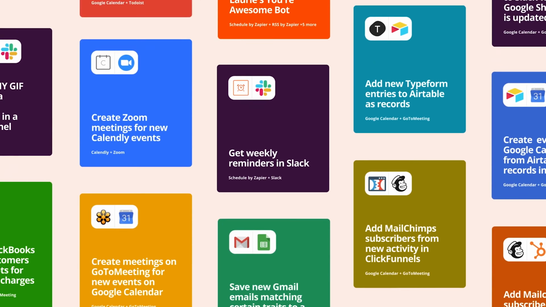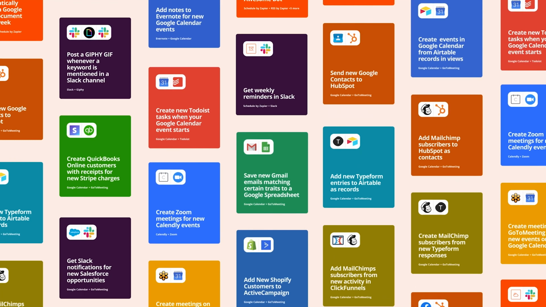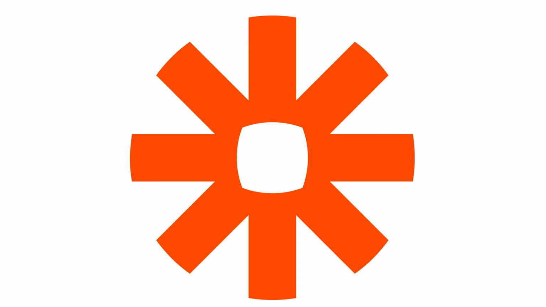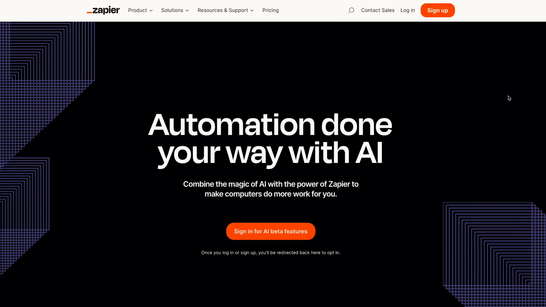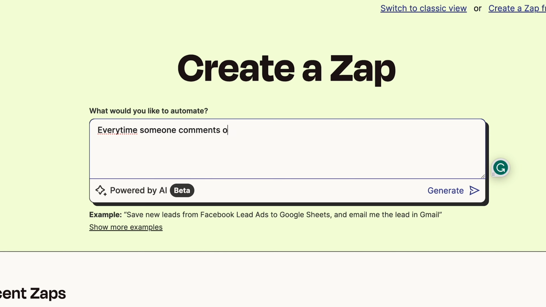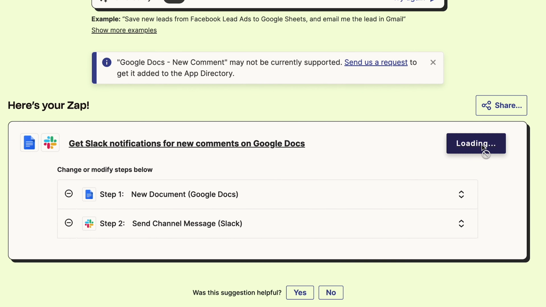Up next is a tool that's automated millions of workflows and tasks for busy professionals all in one place. Of course, I'm talking about Zapier. With Zapier's AI features, you don't need coding experience because AI automates the tasks for you. For example, you want to make it so that anytime someone comments on a Google Doc, you get a message in Slack. You can type the command in plain English, and Zapier translates it to code to automatically run the